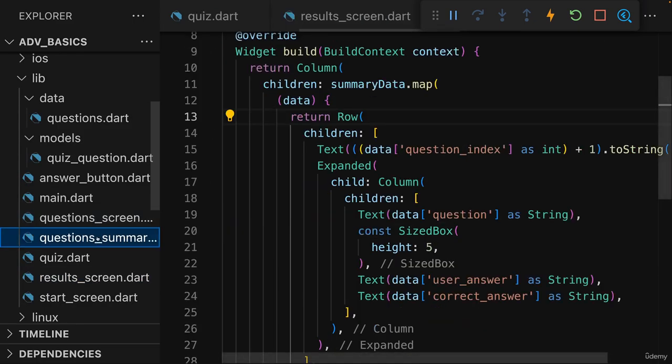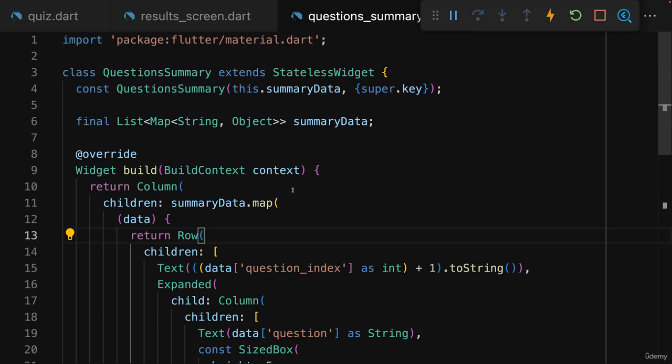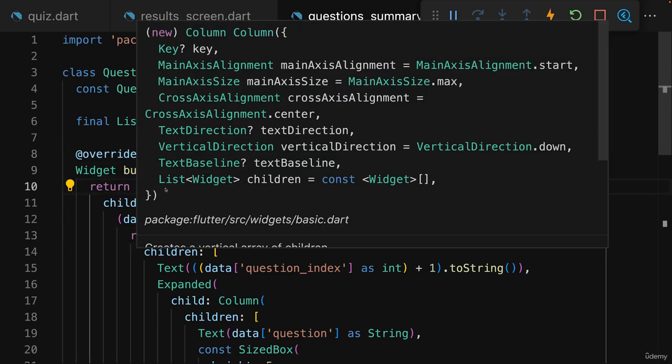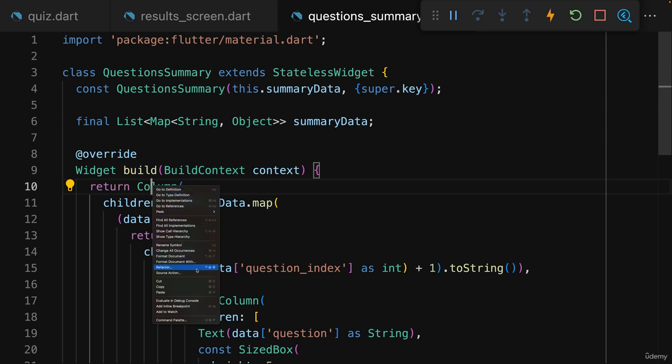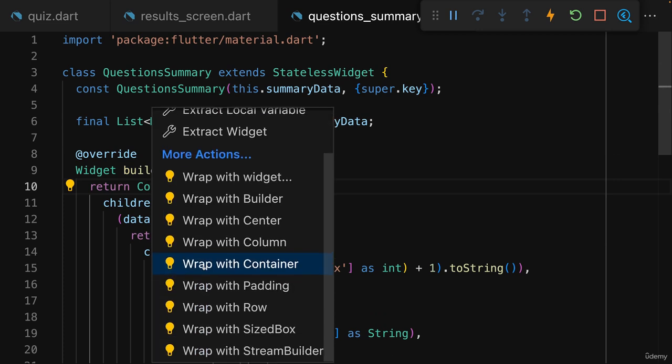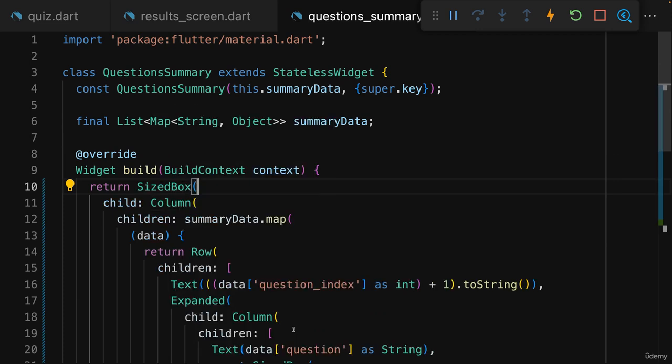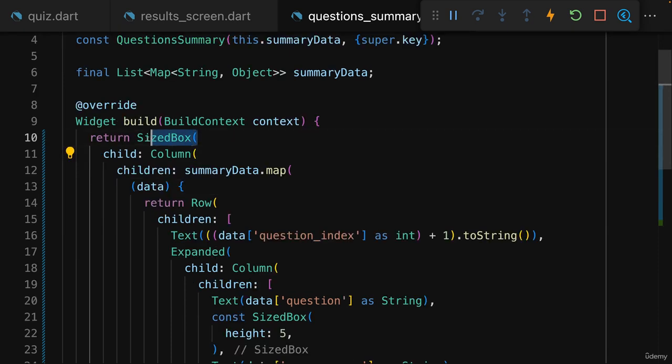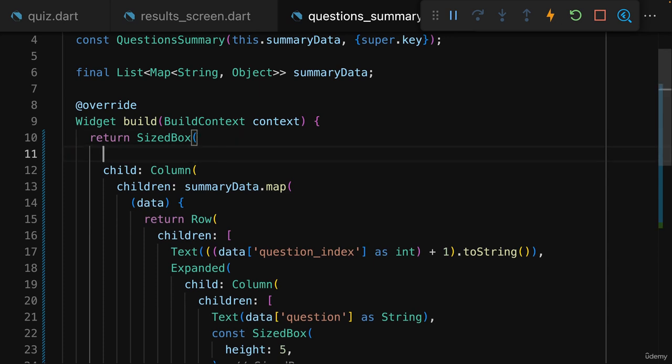Well, for that, we can go to that widget here, to this building block. And then in there, we want to wrap this column with another widget. With a widget we used multiple times before already, the sized box widget. Now I'm not using it to add some empty spacing between two items as we did it multiple times before in this section, but instead I'm using it to create a box with a fixed height in this case by